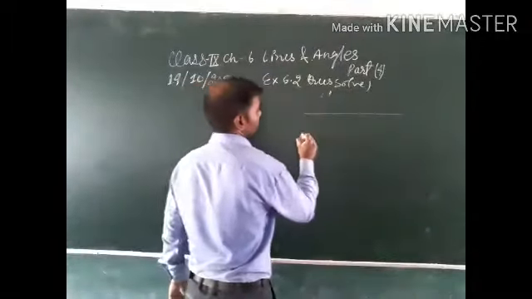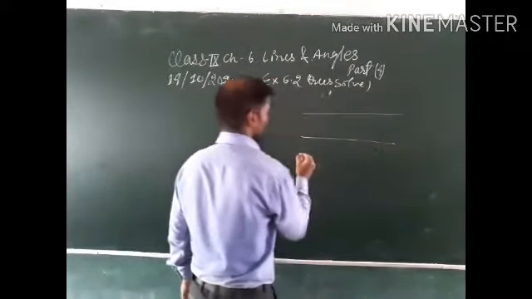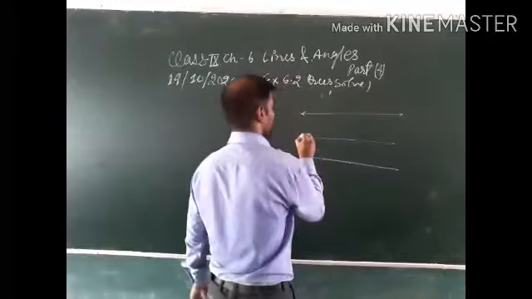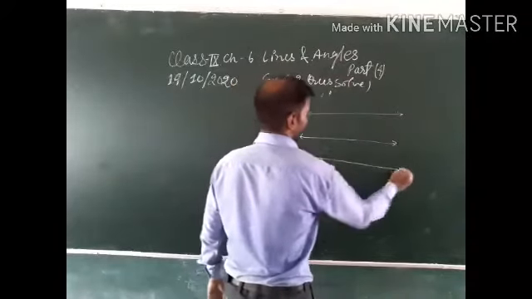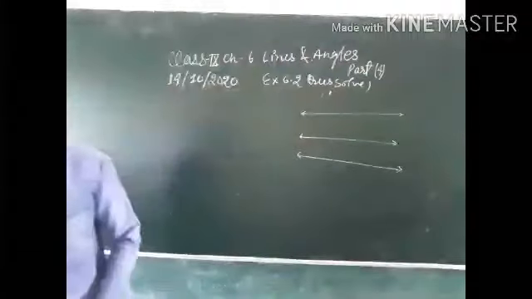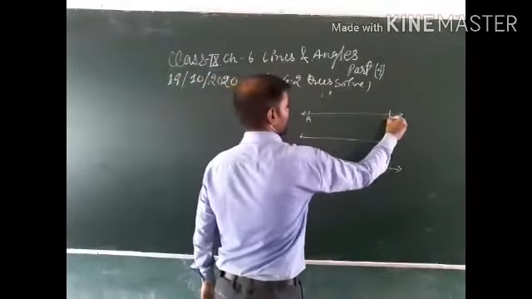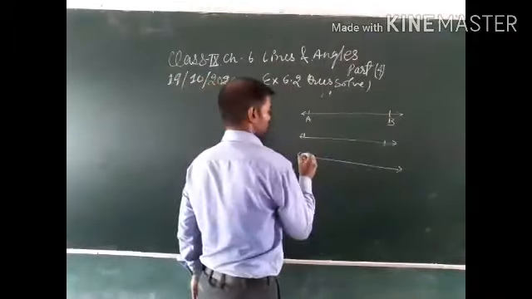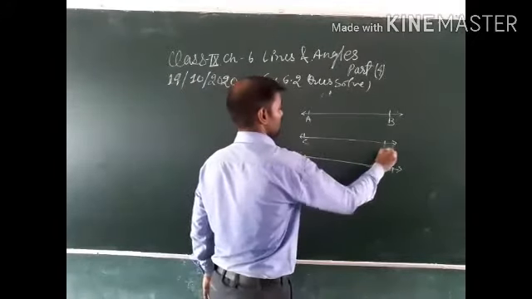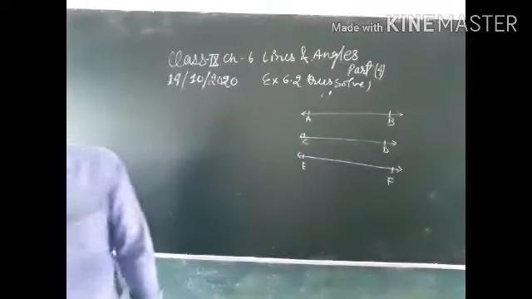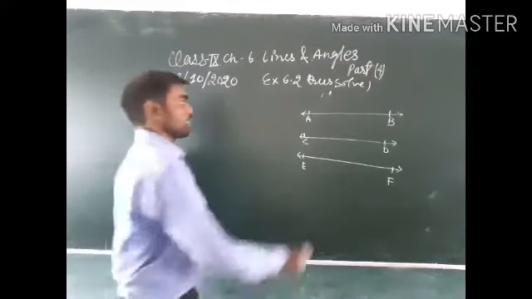This is a line. This is also a line, and this is also a line. This line is AB, CD, EF. We write the notation AB, CD, EF. This is AB, CD, and EF. This is a transversal line,